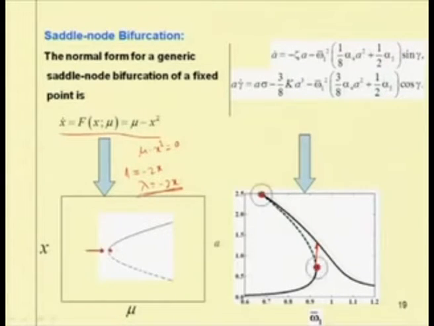Similarly, at this point also the system may experience a jump down phenomenon. So, while reducing this control parameter, from this position the system response may jump down to this stable solution. Similarly, here when we are sweeping up the frequency, at this point the system will have a tendency to jump up as this branch is unstable.